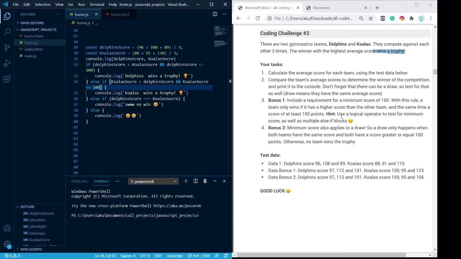So bonus 2, the minimum score also applies to a draw. Okay, so now they want us to do this. A draw only happens when both teams have the same score and have a greater score or equal points. Okay, so we'll be like whether this and this be